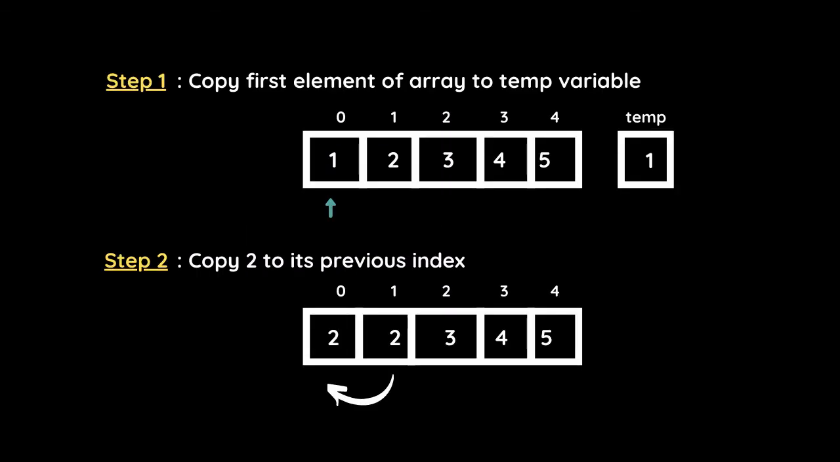So now let us have a look at the dry run of this algorithm. So in the first step, what we are doing is we are simply copying the first element of the array, which is 1, to the temporary variable temp. Now after this, what we have to do is we have to copy all the elements to their previous indexes except 1. So we will start from the index 1 and we will copy this 2 to its previous index,